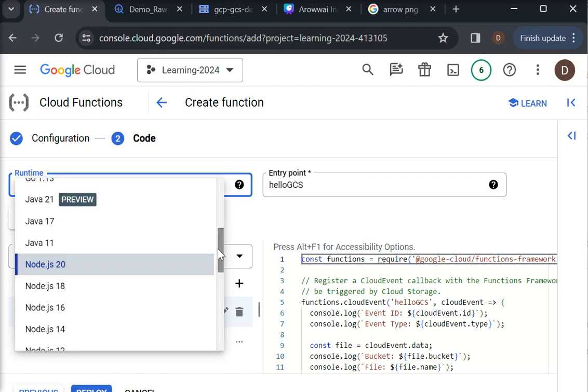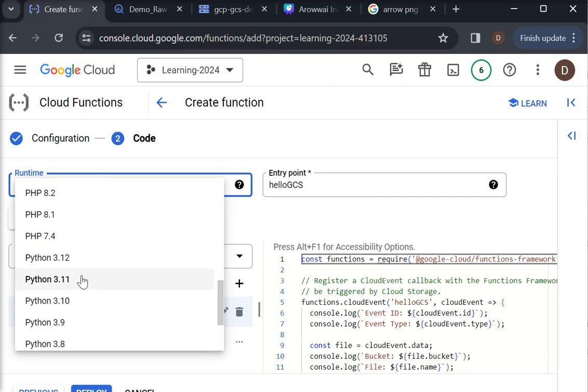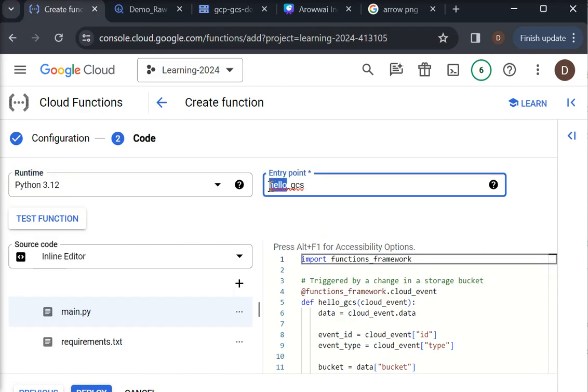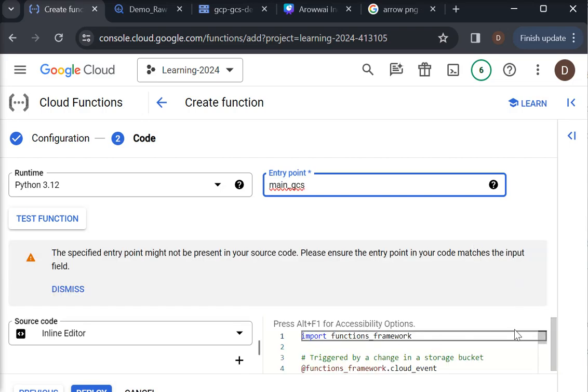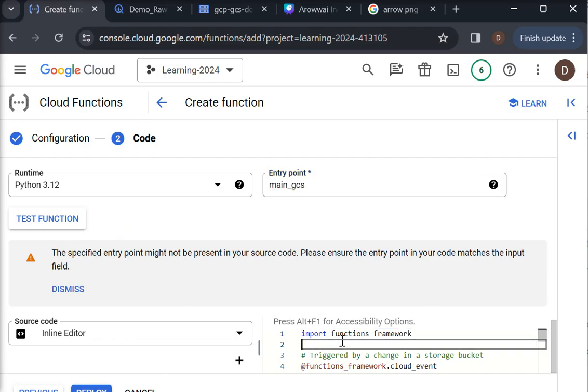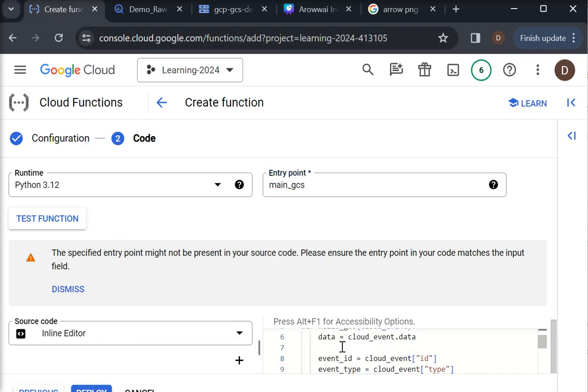So in runtime environment we are going to use Python 3.2, and this is the name of our main file, target main function. So we are going to name it main GCS. Okay, so inline editor, and then we are going to choose it as